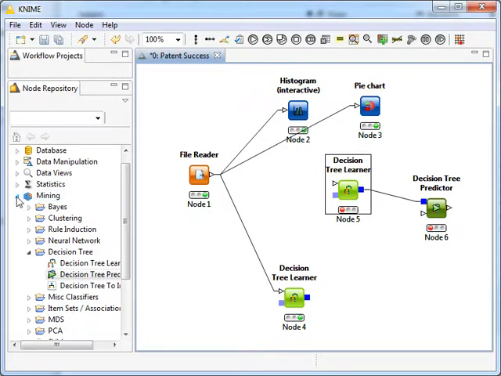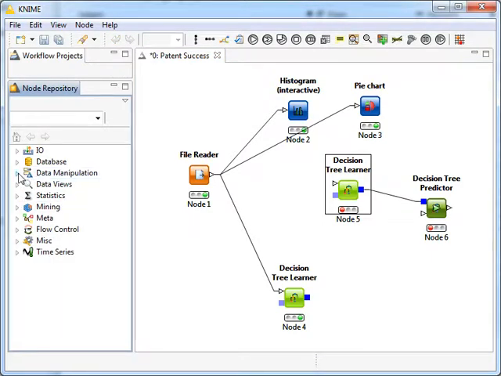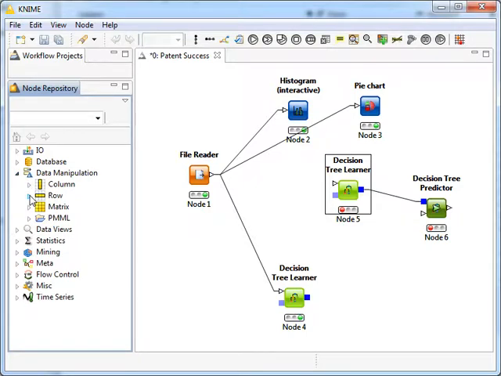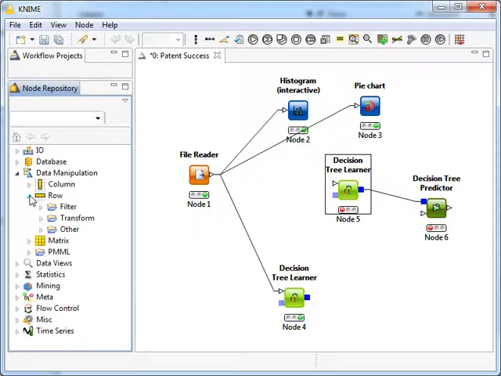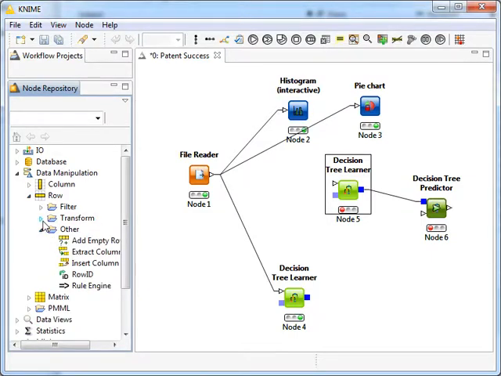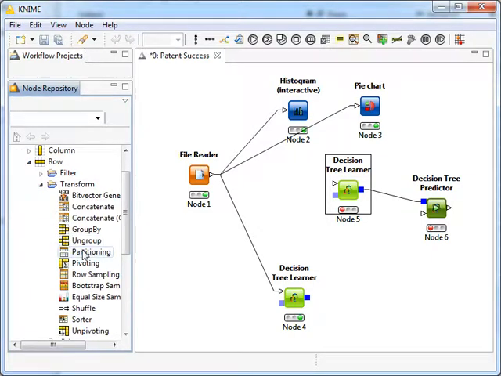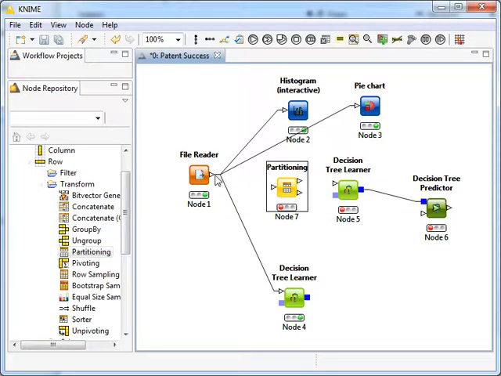So what I'm going to do is close this down here, go up to data manipulation, and what I want to do is split my data by rows. So if I look around long enough, I'll find a node called partitioning. So I'm just going to drop that in there. And you see partitioning has one input and two outputs, which makes sense. What it does is it splits the data into two sets, an upper branch, if you like, and a lower